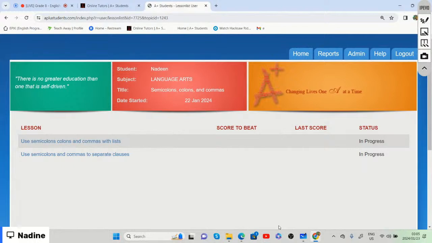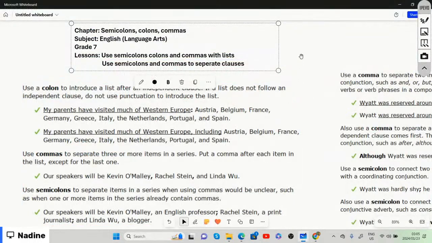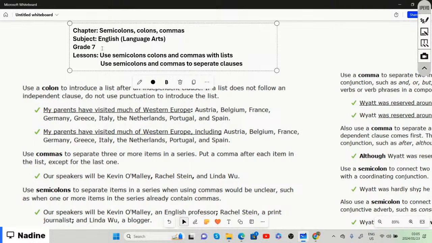All right, so we are going to be doing semicolons, colons, and commas. So we said our chapter is semicolons, colons, and commas. Our subject is English Language Arts, grade 8. And the lessons that we'll be focusing on under the chapter of semicolons, colons, and commas